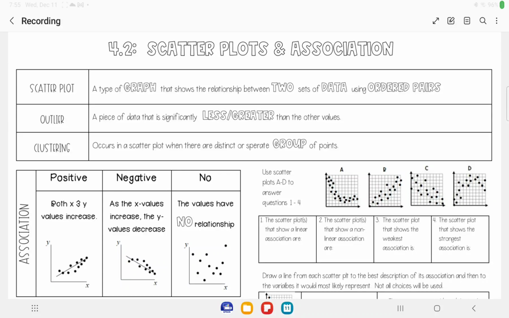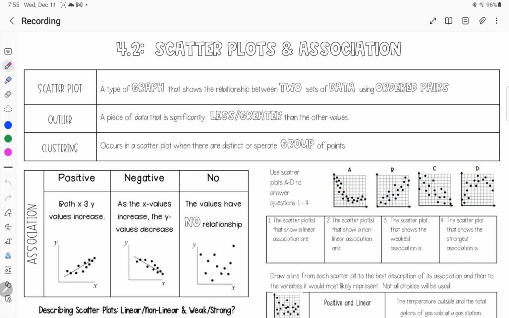Today we're working with scatter plots and association. A scatter plot we've talked about is just a type of graph that we're going to be using. Our graph is just a bunch of dots that look like this. They're scattered all over, and based on that information, we're going to be able to find out different things